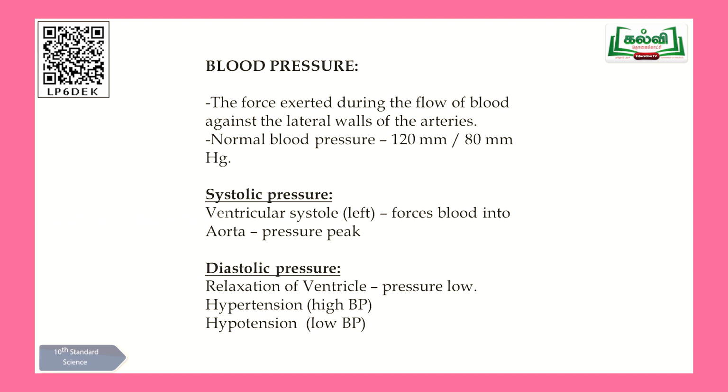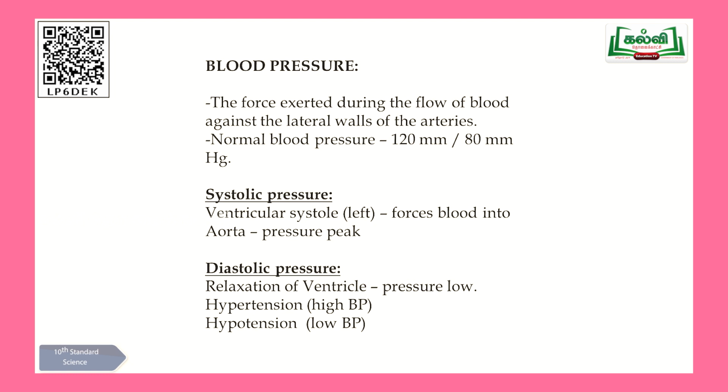Okay. Now blood pressure. The meaning itself you can just understand from the heading. When the blood is forced into the artery, so from the heart, blood is going through the aorta to different parts of your body. So you have so many branches. When it comes out from the heart, it is called an artery. When the artery is branching into your fingers and all, it is called arterioles. So the blood will be taken from the heart and goes to every nook and corner of your body. That time it will go with the pressure.